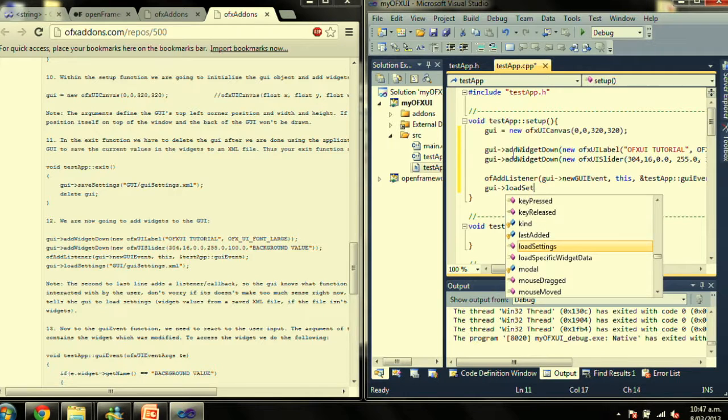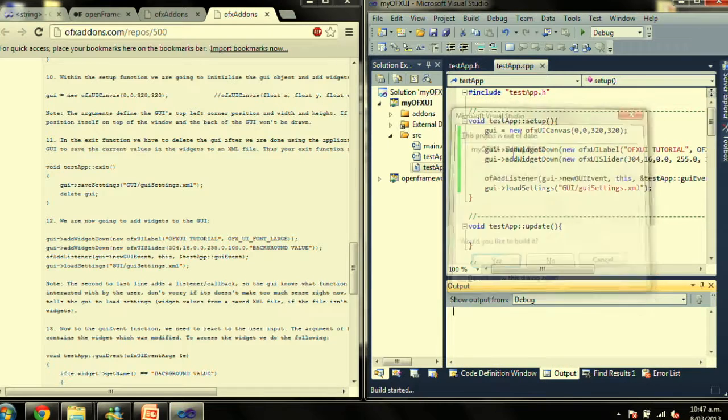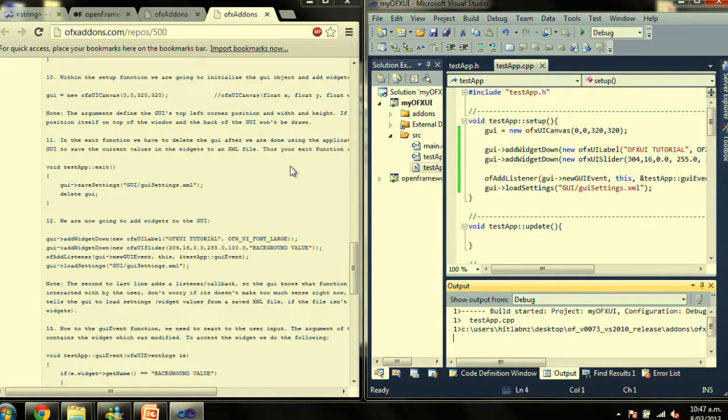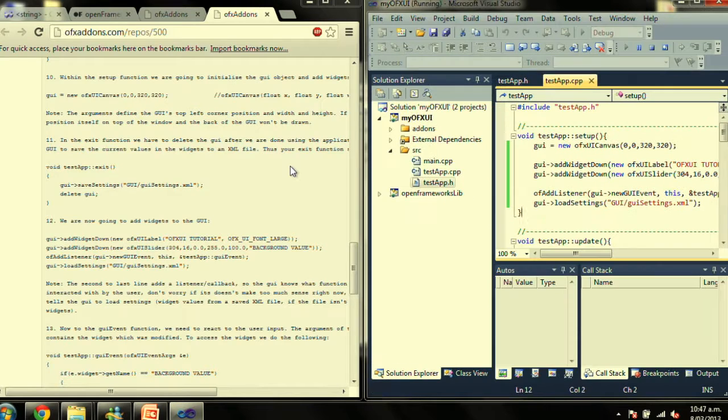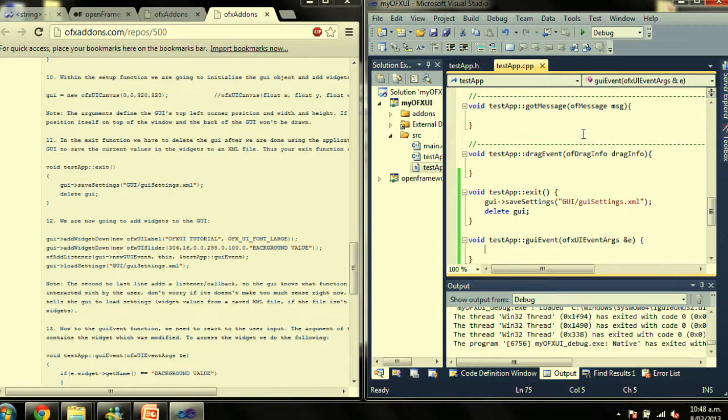And GUI load settings. Again, if we want to save and load, we can basically save and load everything in the GUI using that bit of code there. Right, so if we run this now, you see we have OFX UI tutorial. So this is the label we just created, and our background slider, which goes from 0 to 255, and it started at 100. At the moment, it doesn't do anything, but if we go into our GUI event